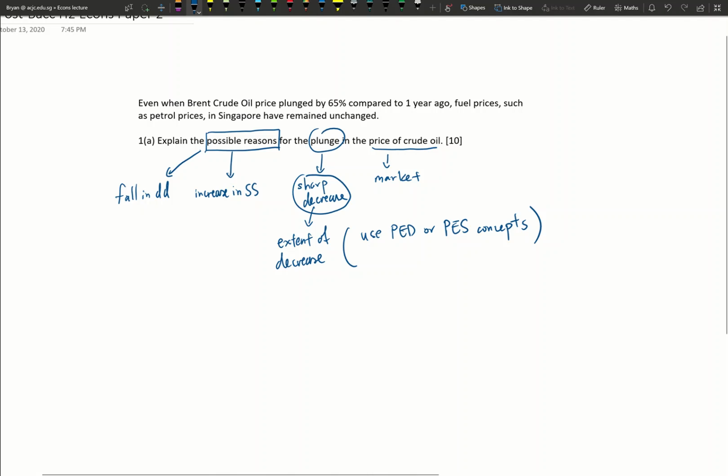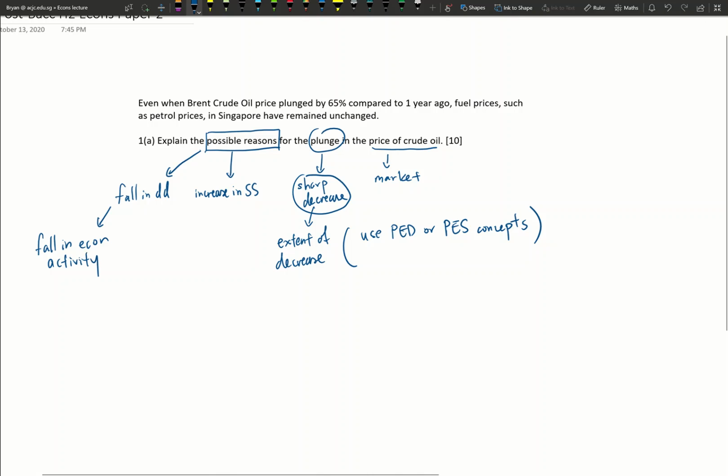So what could be some possible reasons that cause the price of crude oil in the recent years to decrease, right? So fall in demand, right? Firstly, you want to show the examiner the understanding that the fall in demand of oil is usually oil as a derived demand. So what we know that has been happening in the world recently is that there is a fall in economic activity,